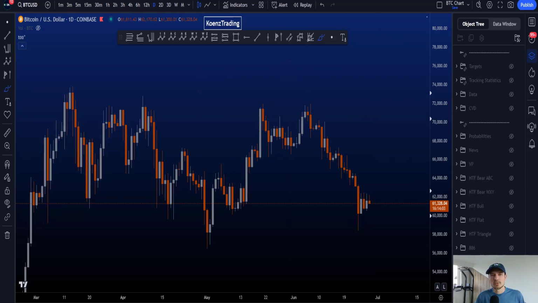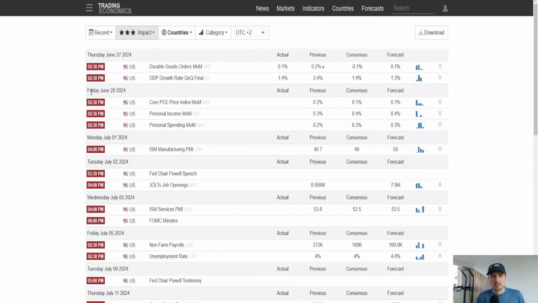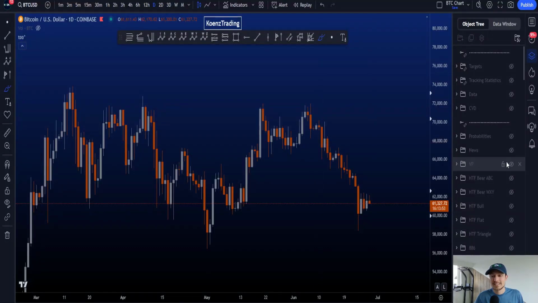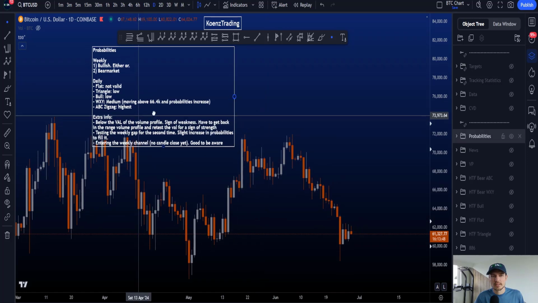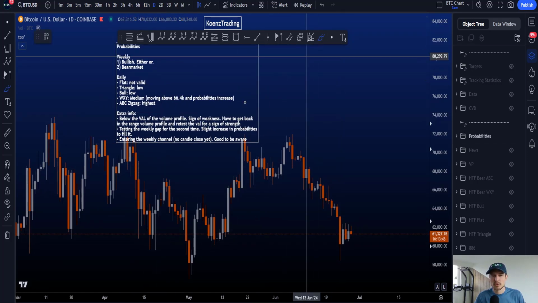We have some news today, so please be aware. Friday, June 28th, 2:30 p.m. Central European Time, high impact news might increase the volatility on the chart, so make sure you trade safe around that hour. And if we then finally look at the probabilities of the different scenarios, then on the weekly time